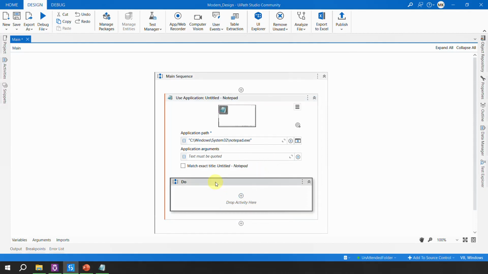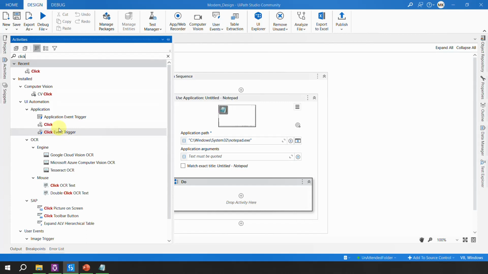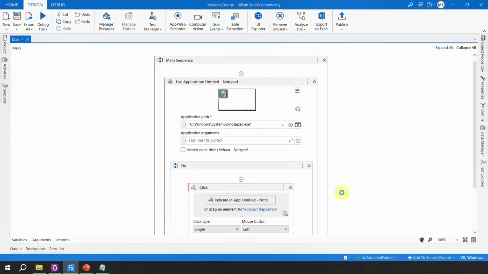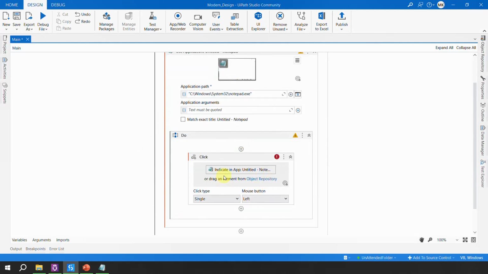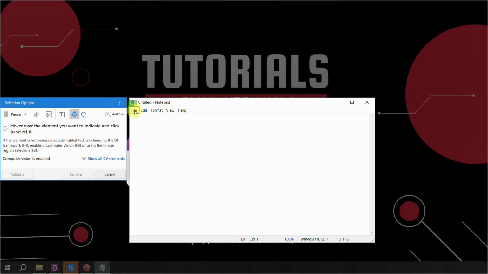Okay, now what do I want to do? I want to click, so I'll go to the activities and I'll use something which is called a click. Drag and drop the click activity. And guys, I'm using all the modern activities here. Okay, next we say indicate in the Notepad and I point it to this one which is called the